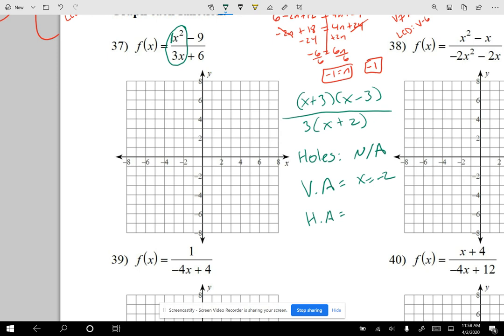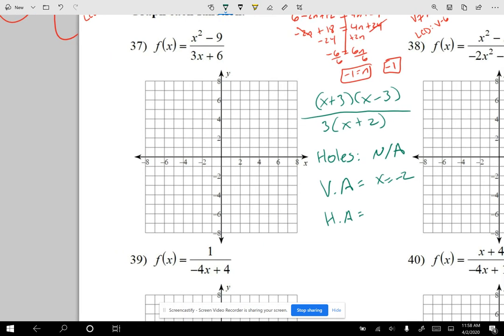Right, there's a 1 up here. Now, if the exponents were the same level, the highest exponent was on the top and the bottom, then I just look at the numbers there, 1 over 3, and my horizontal asymptote will be y equals 1/3 if the exponents were the same. Now, because the highest exponent is at the top, in this case, I'm going to get a slanted asymptote,